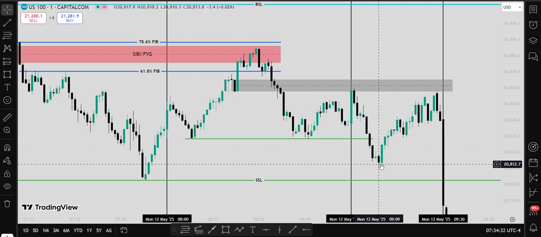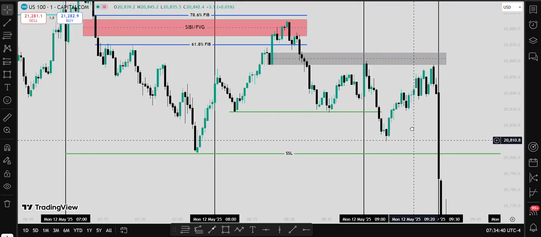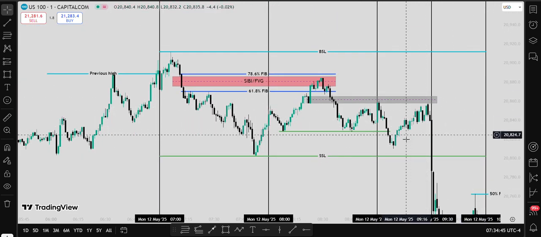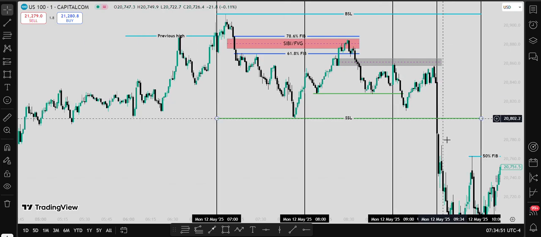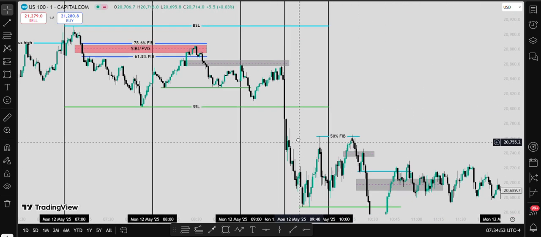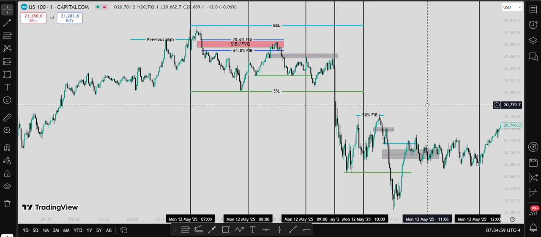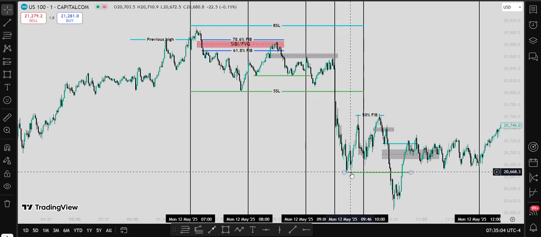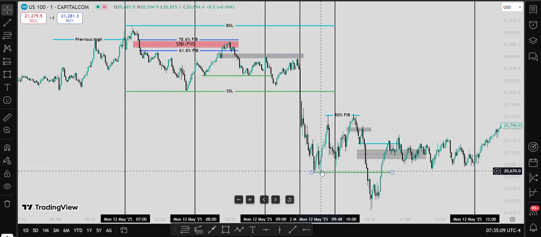Immediately after that, the market retraced further, coming closer to actually touching the order block, and it sold off. It sold off to this area right below our sell side liquidity and went further. Let me just try and zoom in so that you can all see where the market was heading. Immediately the sell side liquidity was taken, the market went further to an area where it created equal highs before